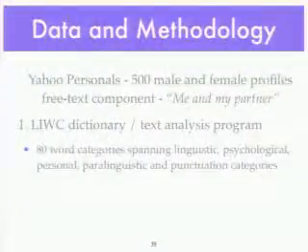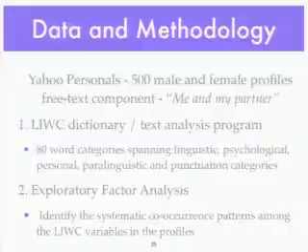And we ran this through the LIWC text analysis program, which basically breaks down a user-written profile into these many word categories. It says this profile had X% of affect words, X% of psychological words, so on and so forth. And then we conducted an exploratory factor analysis over these profiles to identify systematic co-occurrence patterns among the words,